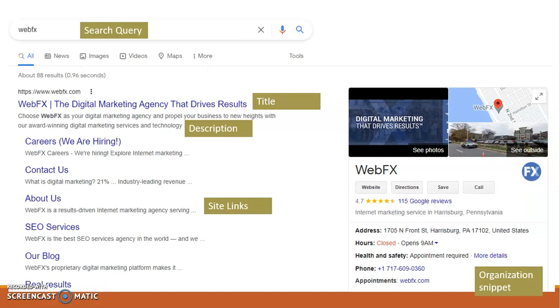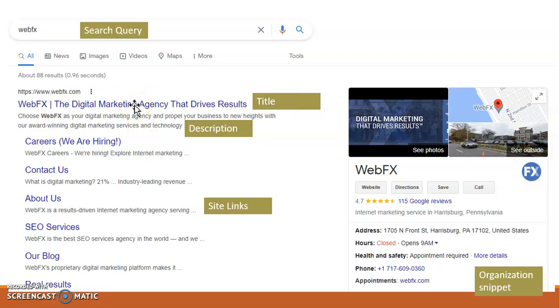See, if this is your search engine and you do a query on your search engine, that is WebFX. WebFX is a company. So what does Google show us? First of all, this is your website, www.webfx.com. Next is your title here, and next is your description here.